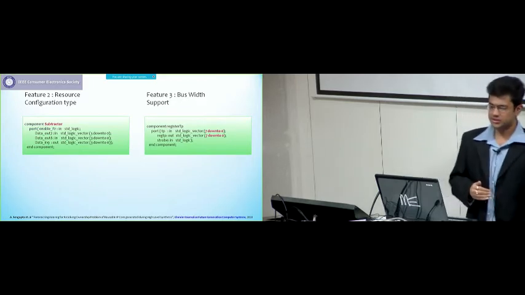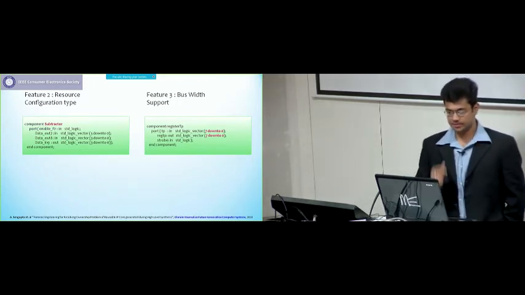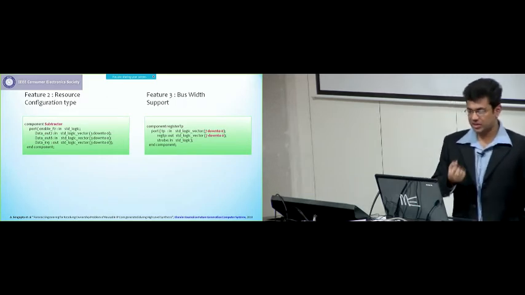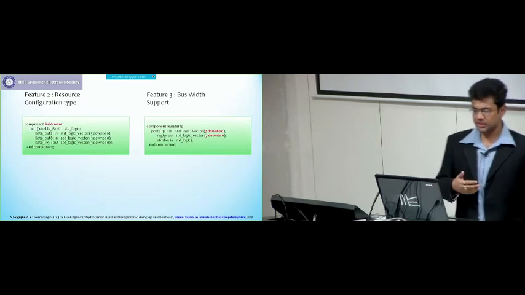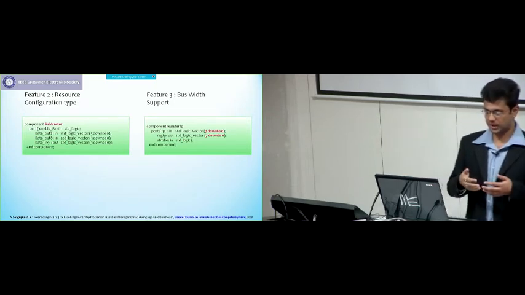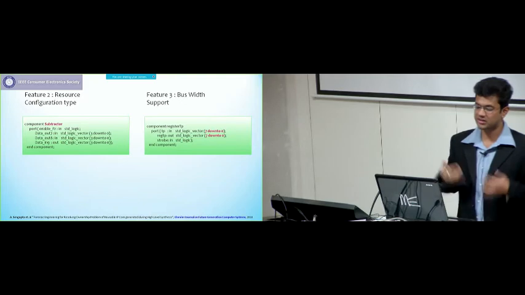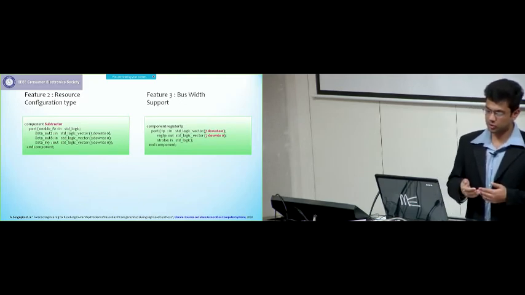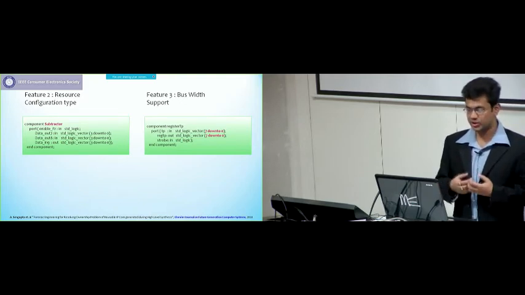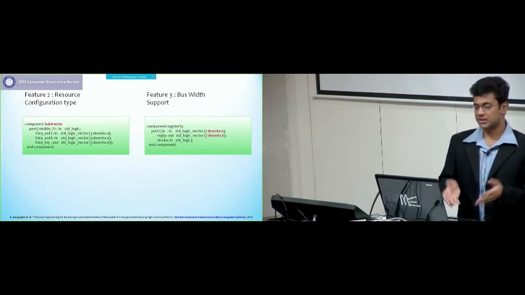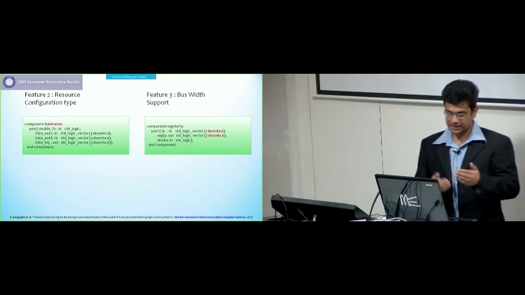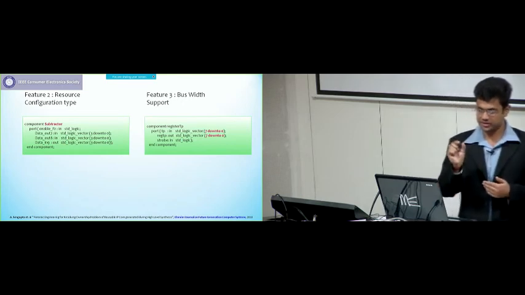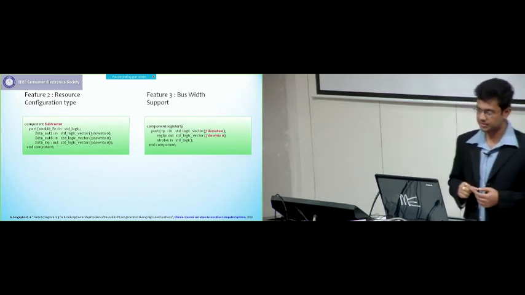The second feature is called resource configuration type. In this, typically we try to extract the information of what type of resource configuration is used. It is possible that if two IP core vendors having common or different HLS tools are trying to generate an IP core, one may use an adder subtractor unit to generate the design, and the other may use an adder and subtractor separately to generate the design. So we can detect the difference through this feature, which is the resource configuration type.